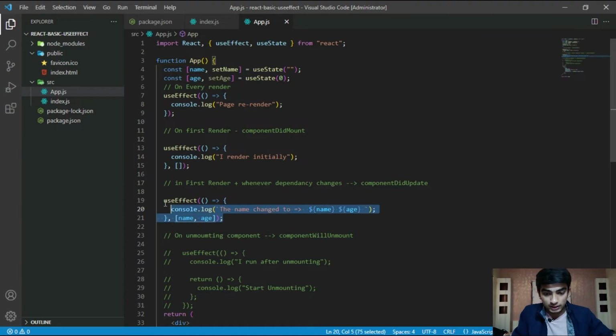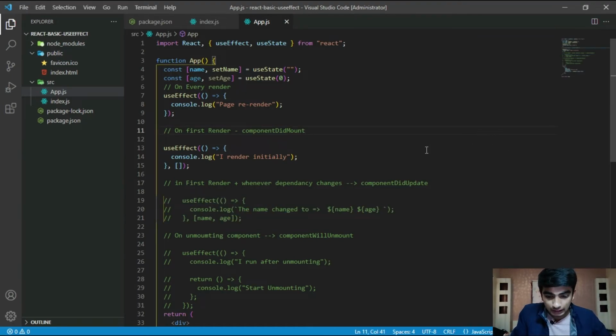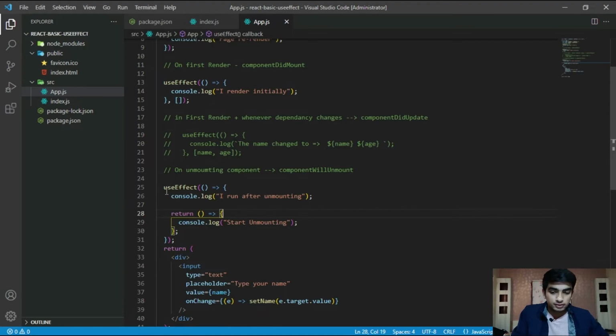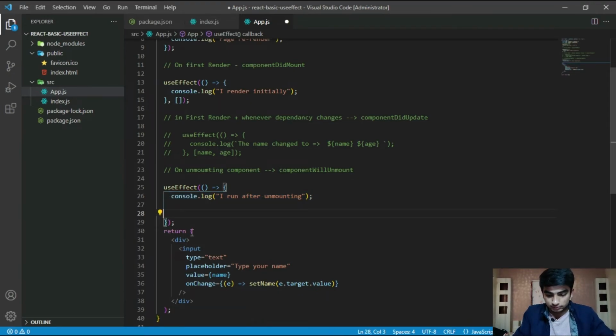First of all, we have to uncomment this and save it. Now just uncomment it and save it. So you want to use this useEffect and then the console.log, and this is the cleanup function. So this is the return,